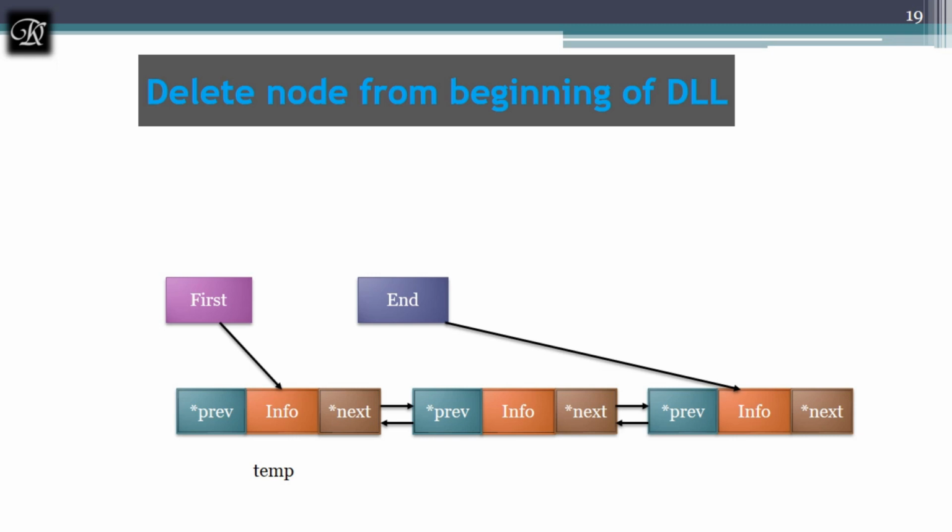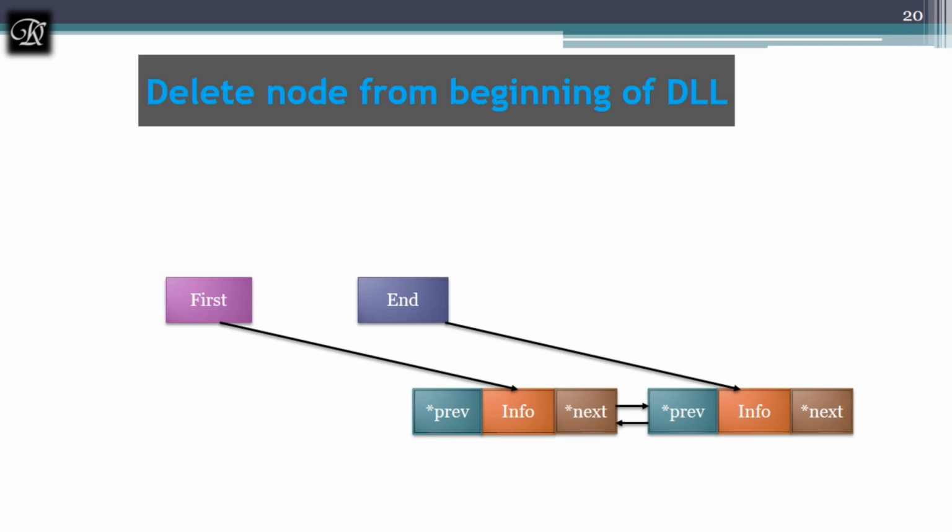And the third case is when we are having more than one node and we are deleting a node from the front, that is nothing but first. So this is the node we want to delete, and I will call this temp. How to delete this? First, remove the first from this and mark the next as the first, and remove the first. Now this is the first. Remove the first previous link. It means set this to null and remove this complete node. This is how we are going to delete the node from the beginning of the doubly linked list.